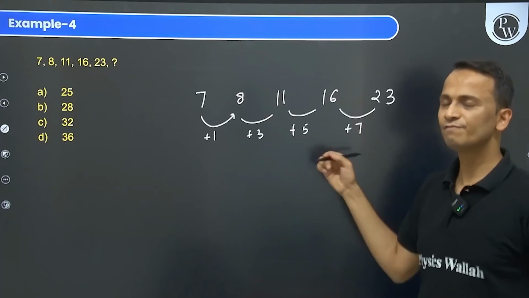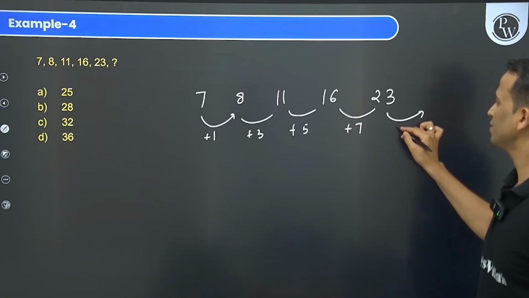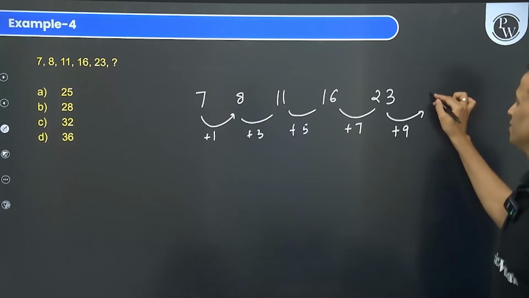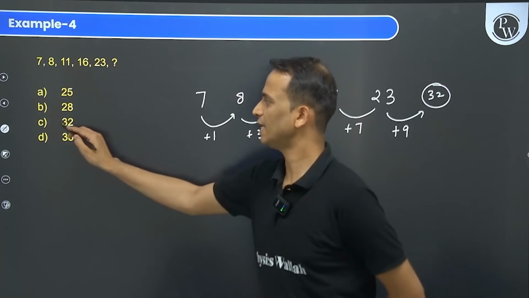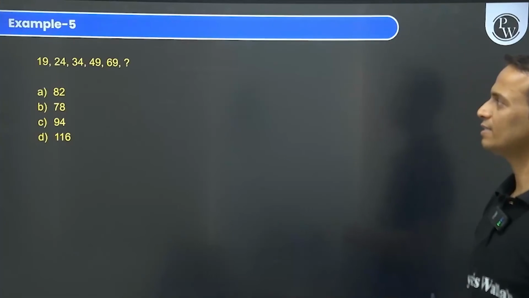So 1, 3, 5, 7, these are odd numbers. So next odd number क्या हो जाएगा, it should be +9. 23 +9, it is 32. So 32 will be the correct answer, that is option C, okay। Let's move on, look at the next example,